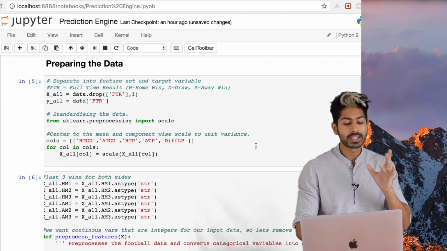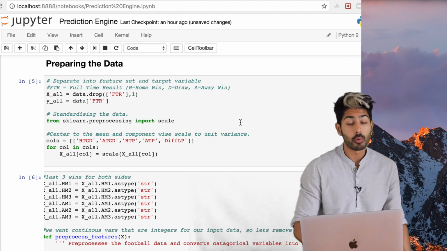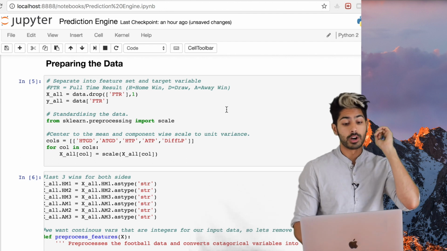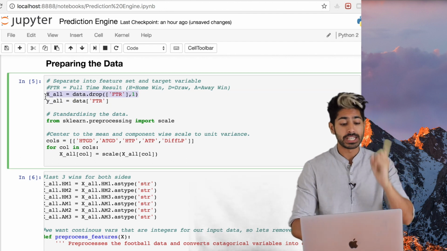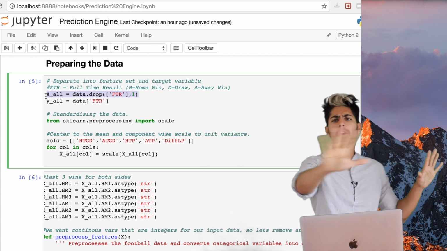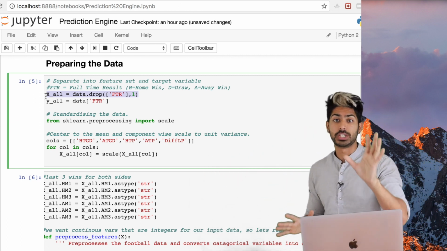Okay, so then once we've explored our data, we're going to prepare it. So remember, we have one single target variable, one single objective or label, as we like to call it, and that is the FTR, the full-time result. So what we want to do is say, given all of those other features, try to predict the FTR, okay,